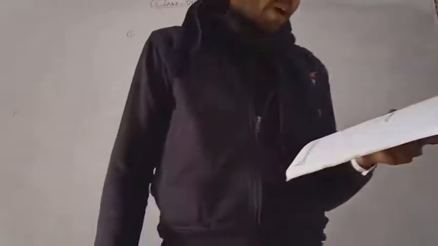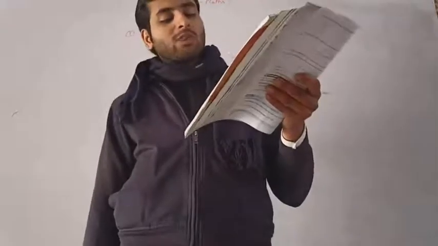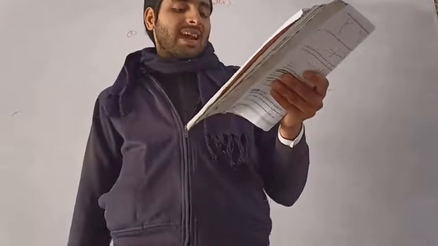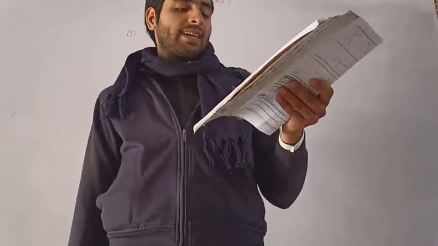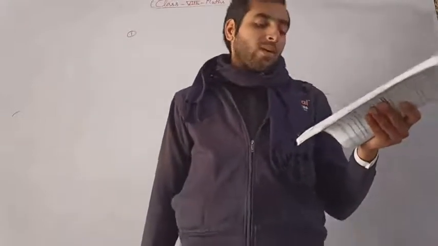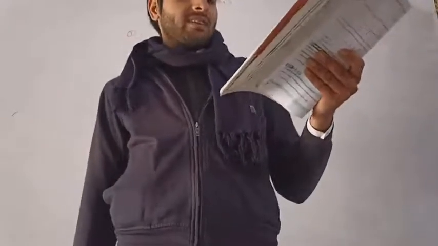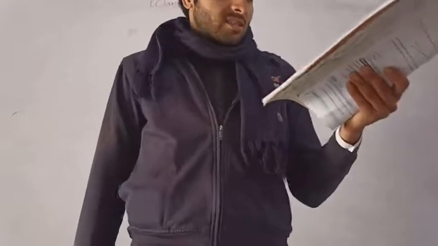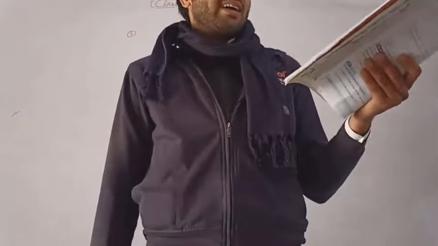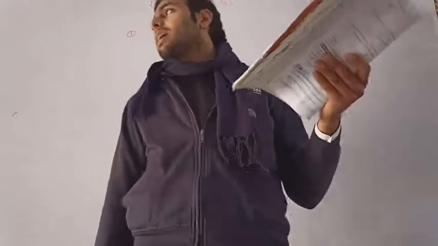Again in problem number 2, classify the following triangles according to their angles. In the first triangle you can see that one of the angles of the triangle is more than 90 degrees, so this type of triangle is said to be an obtuse angle triangle. In part B, none of the angles is greater than 90 degrees, all the angles are less than 90 degrees, so this type of triangle is known as an acute angle triangle. And in C you can see that one of the angles is 90 degrees, so you can say that this type of triangle is said to be a right angle triangle. Okay,